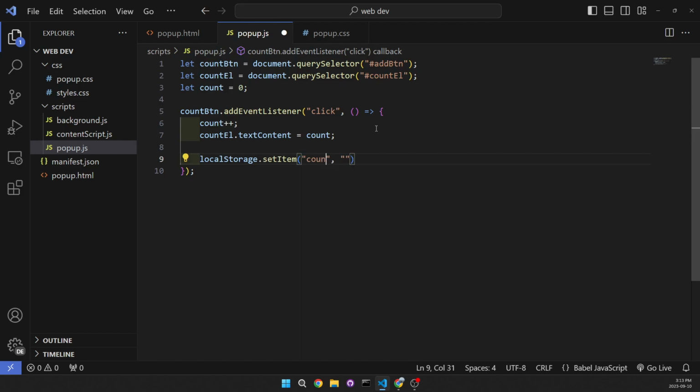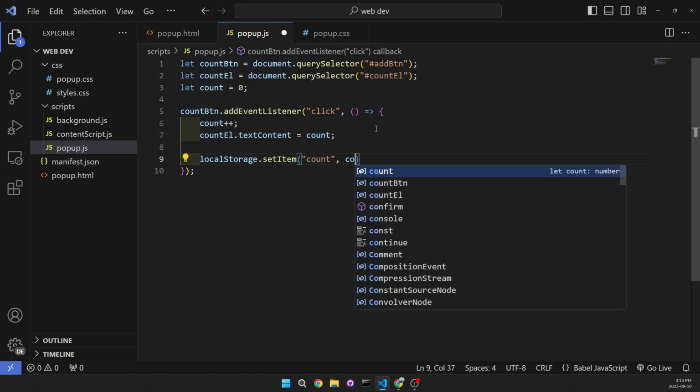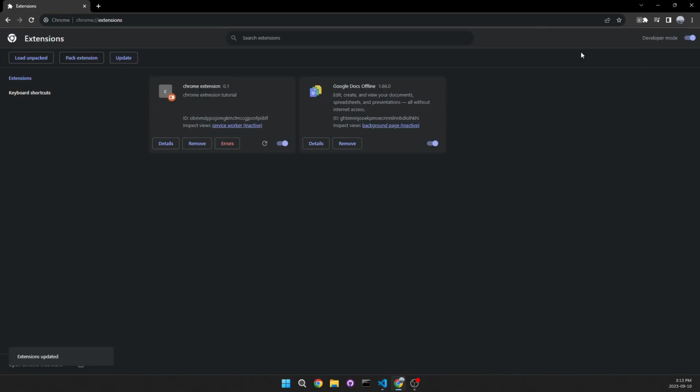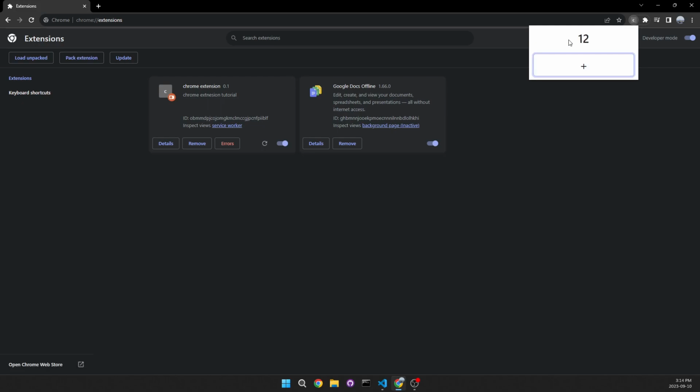And the key, we're going to write count, so that's going to be the name of the key. And then the value is going to be equal to count, so every time we click the button, we're going to be setting count to count. So now we're going to go back here. We're going to reload everything, and we're going to click on this button a few times,